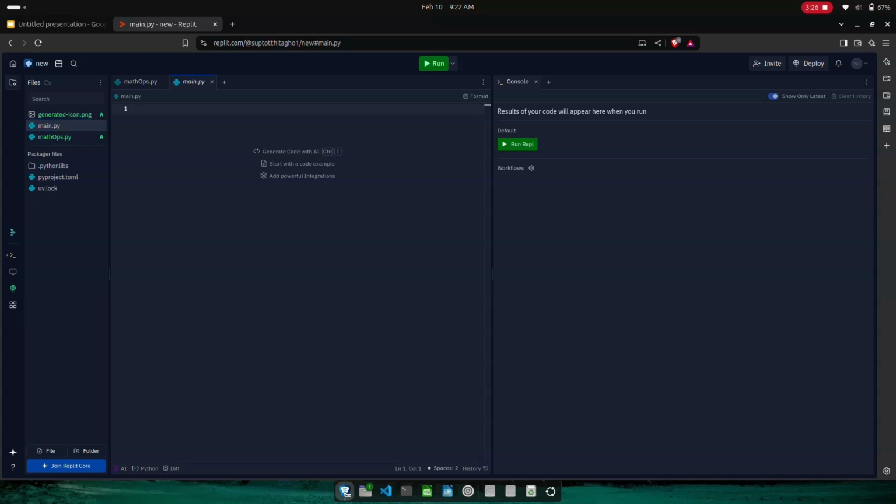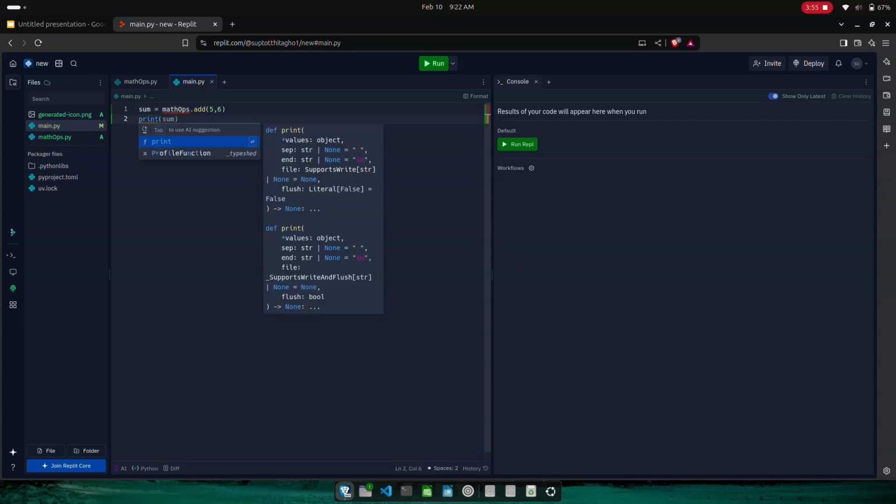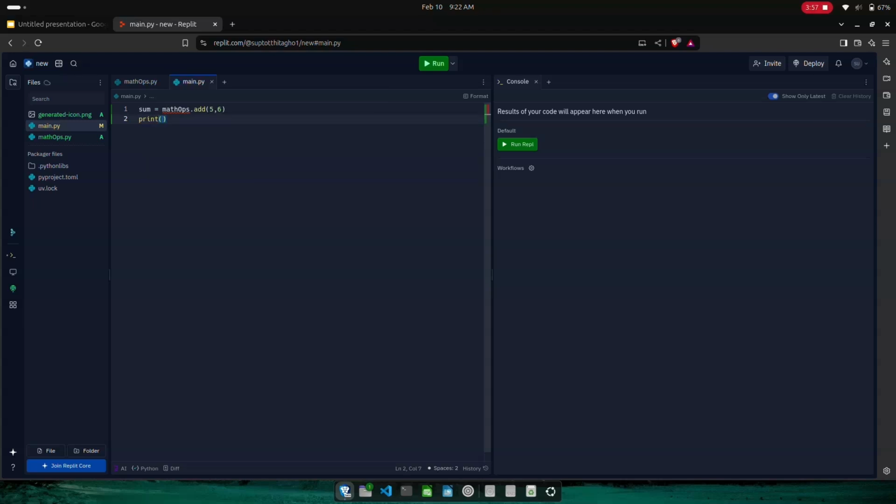So let's say sum equals mathOps.add(5, 6). print(sum).